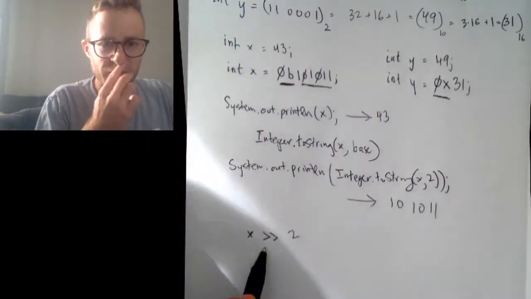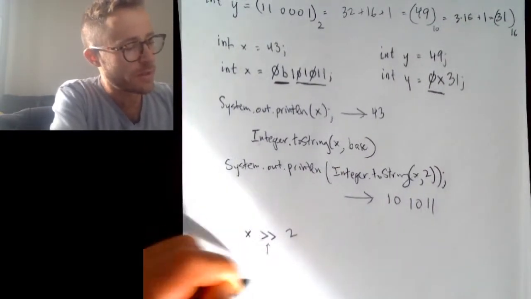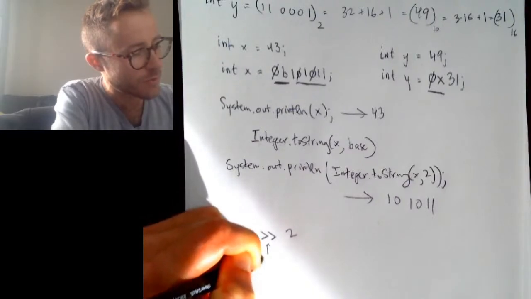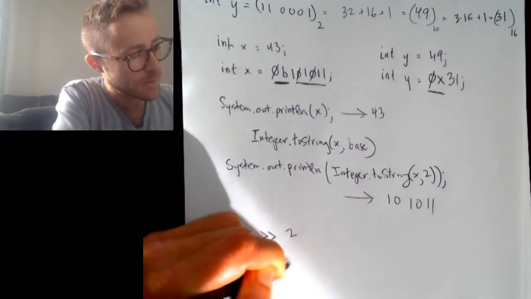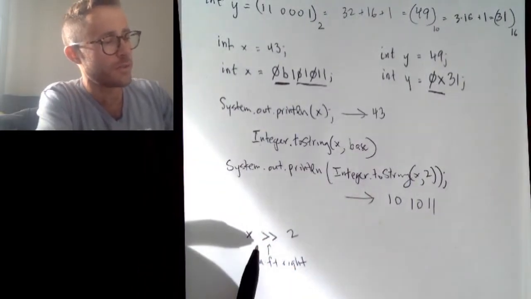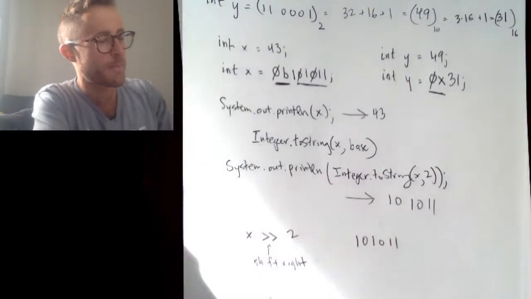You want to think about this as the bitwise shift operator. So this is the shift right operator. Okay, so what it's going to do is it's going to take 1, 0, 1, 0, 1, 1, and